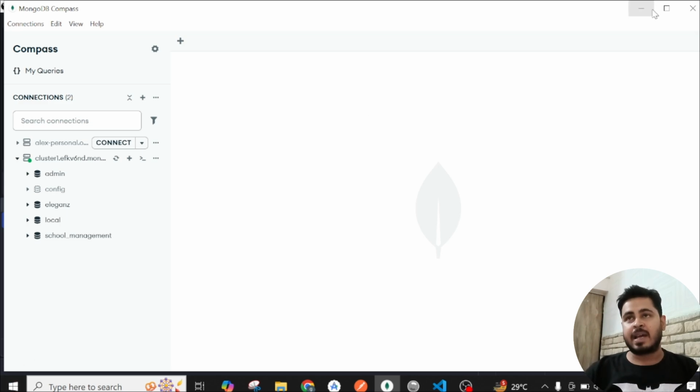Suppose there are n number of friends in a room, then how will you call a particular friend? With the help of their name. Similarly, there are different functions which run on the server, which we call controllers in terms of APIs. How do we call a particular controller, a particular function, or get a particular set of data? For each particular set of data, we have defined certain functions in our backend server, and for each controller function we have given a particular name. That particular name we call an endpoint,